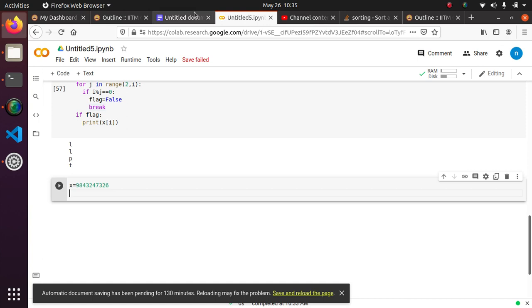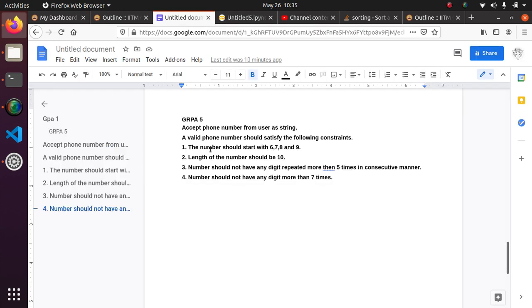Okay, so what is the first condition? The number should start with 6, 7, 8, 9. Okay, the second condition is basically the length of the number should be 10.